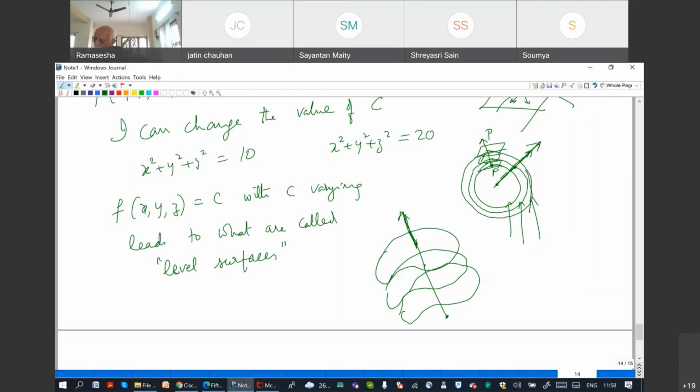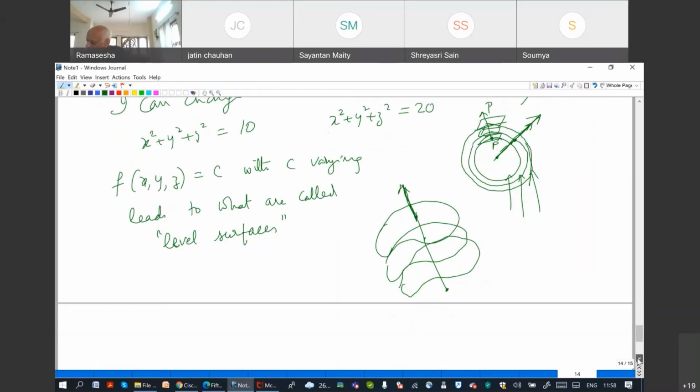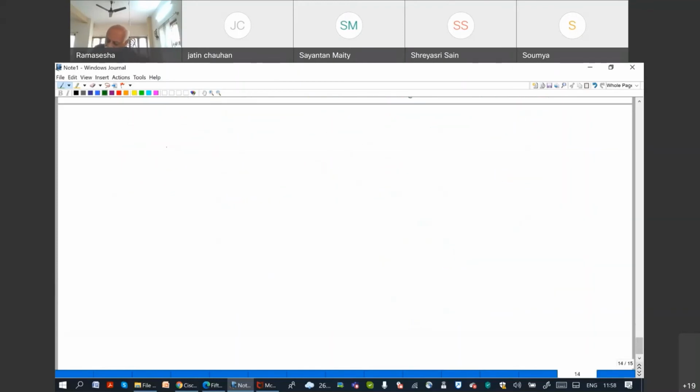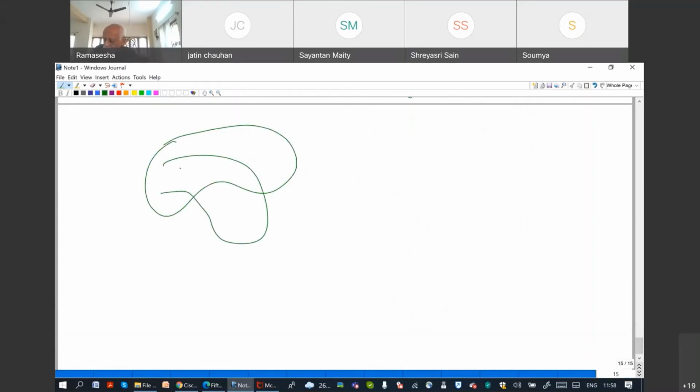Okay, so I can tell you one particular example where it need not be the case. Let us take a different example. Supposing they are not level surfaces. So one surface is like this and another surface is like this. If I take grad f at this point, it is perpendicular to this level plane, but when it comes here, it won't be perpendicular because the level surface will be like this. The tangent plane will be like this, because this surface is not parallel to the old surface. Do you follow?